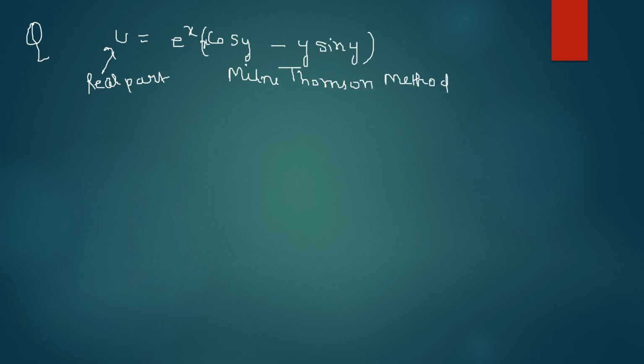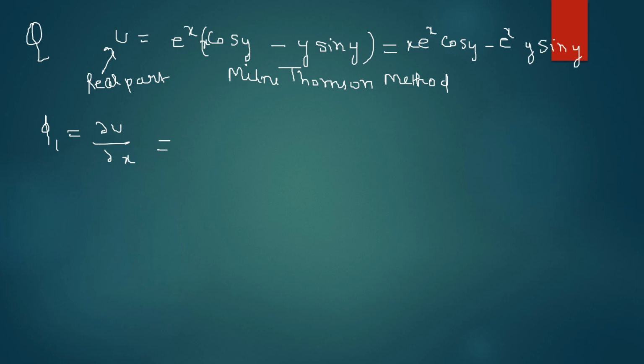Just like I told you in previous slide. So firstly, let's say phi1, which is of course del u by del x. Okay, tell me what will be the differentiation of this bit. If you expand this, it will be x e raised to power x cos y minus e raised to power x y sin y,